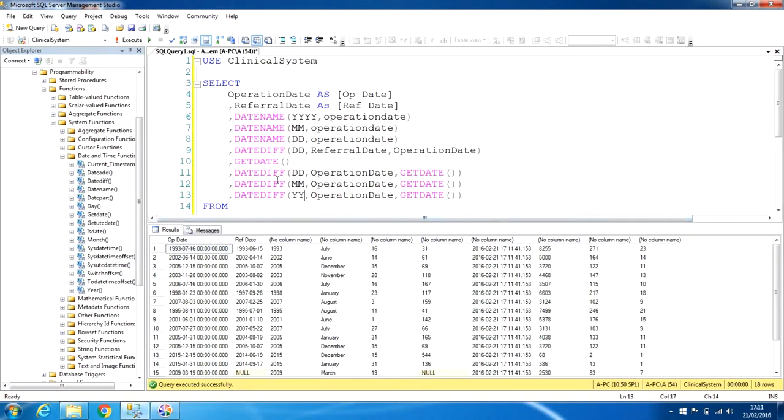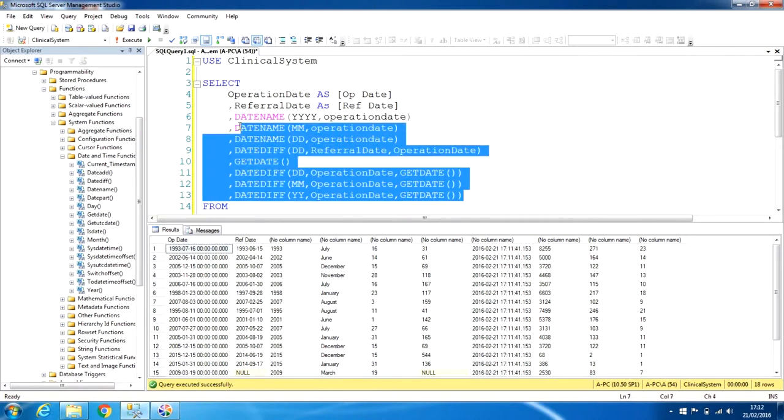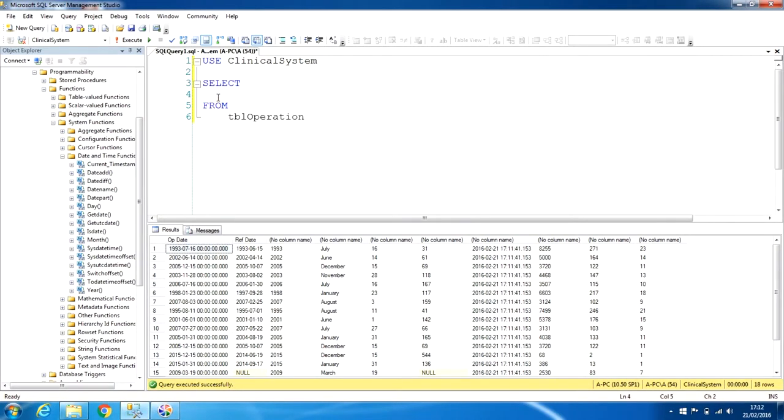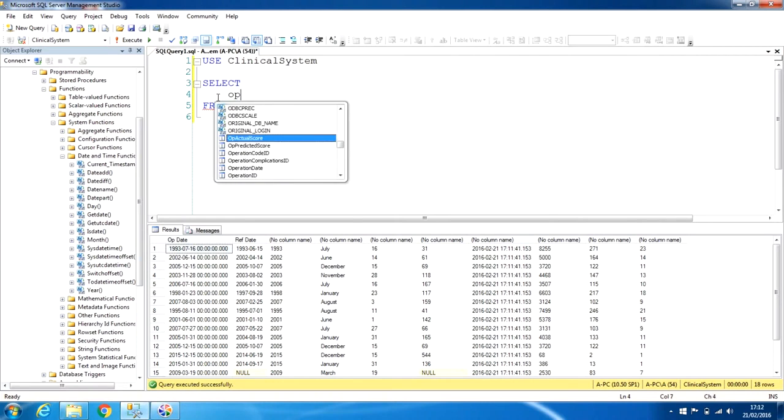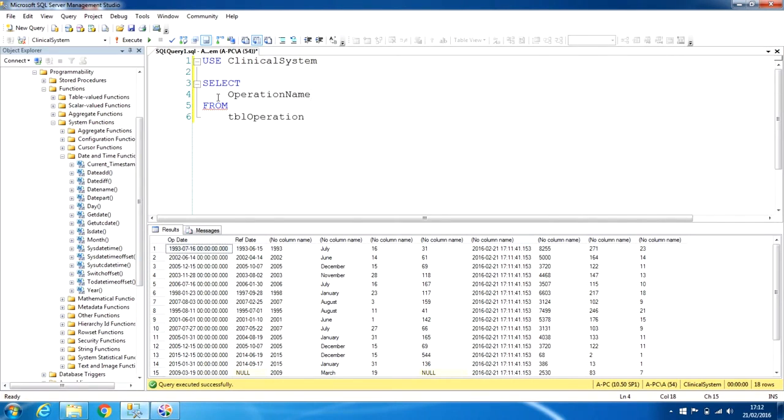So this is how we could use nested function. Datediff is a function and getDate is another function. So we nested getDate inside datediff function. Let's try a couple of string functions to do some nesting. Let's choose operation date again, operation name again, operation name as operation, and then